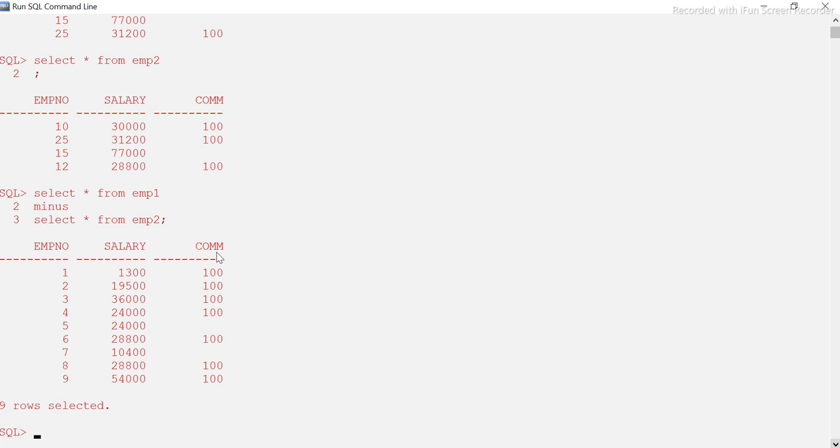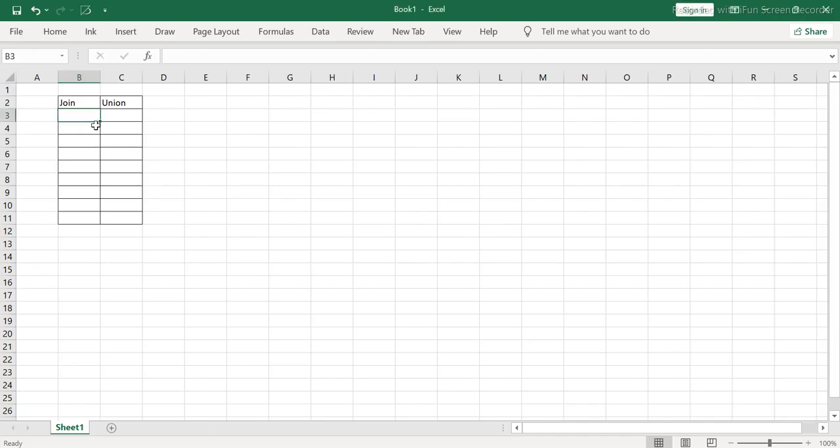Now in the case of a join, what will happen? In a set operator, the data is added vertically; the data is increasing in vertical order, so it is combining the number of rows. So the number of rows will increase when we perform a set operator. But when we perform a join, we are extracting some more columns from some other table also. That is the whole reason, right? So the number of columns will be added when we perform a join.